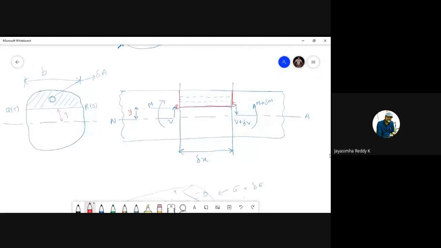And I have also written some values here: M, V, V plus delta V, M plus delta M. So what I have done is, because of the application of the loads, there will be loads applied on this beam, right? Because of the application of those loads, I have assumed that on the left side I have got moment M